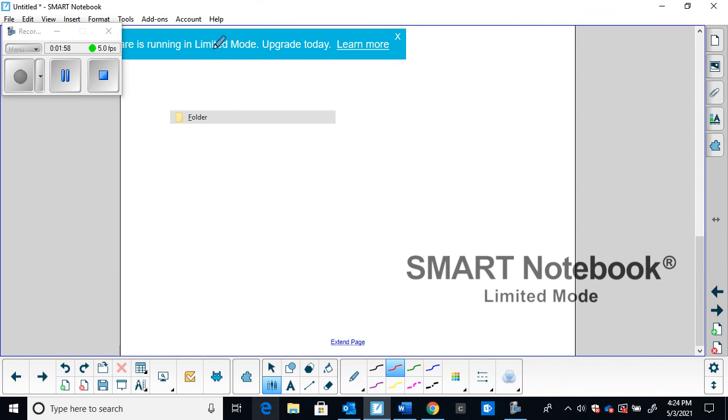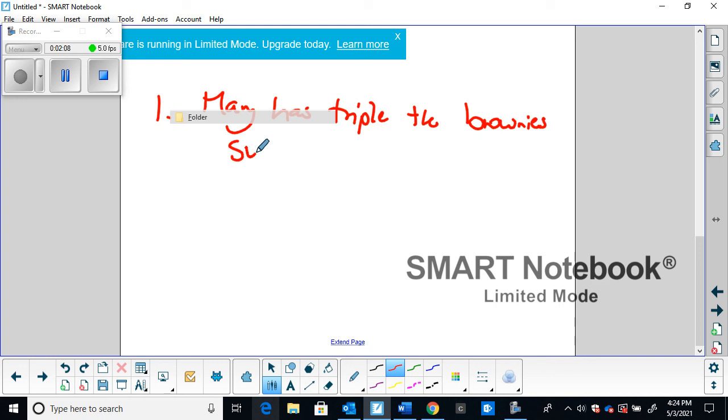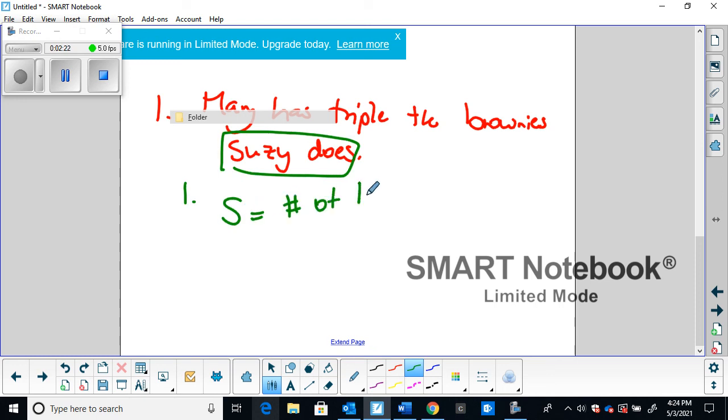Okay. Another example is Mary has triple the brownies Susie does. Okay. If I was to write this as an expression, first of all, I need to figure out what's the unknown. Well, the unknown is the number of brownies Susie has. We don't know what that is. We're going to call that S. Number of brownies